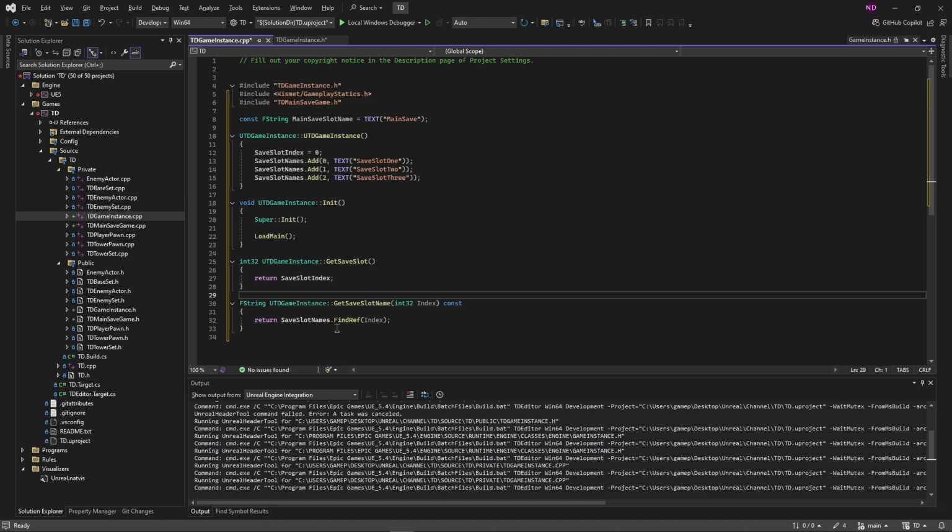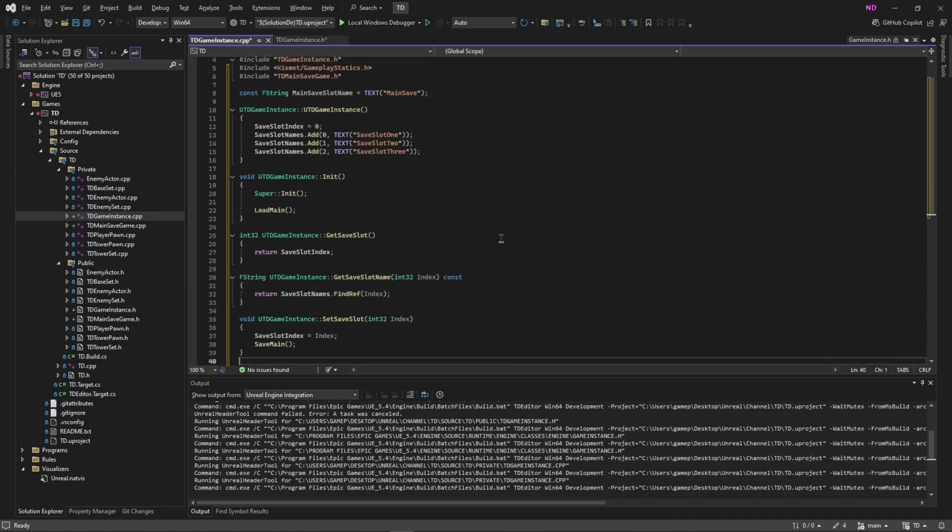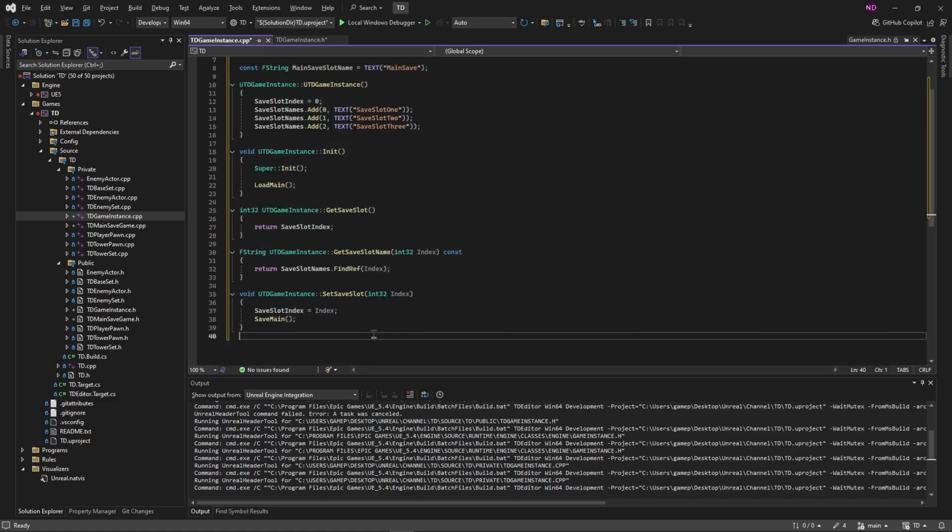However, you can also use FindRef instead. That will send back an empty string if it's not found. And that is fine for what we are doing. I'll just show this one before the save and load, but set save slot, similar to get save slot, is just taking the index and setting it, and then it's calling the save function directly. For our load and save functions,